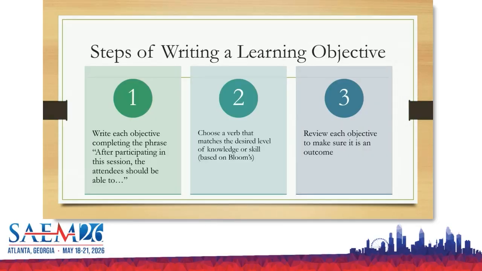All right, and then so the steps of writing through a learning objective. So you're going to actually write each objective. You'll complete the phrase: after participating in the session, the attendee should be able to, and then you want to choose your verb, which is important. It's an actual verb. So, to identify the ultrasound, to identify vein with ultrasound within 10 seconds of the probe or something like that. That's a very specific one, but I'd love to really gear down towards those.